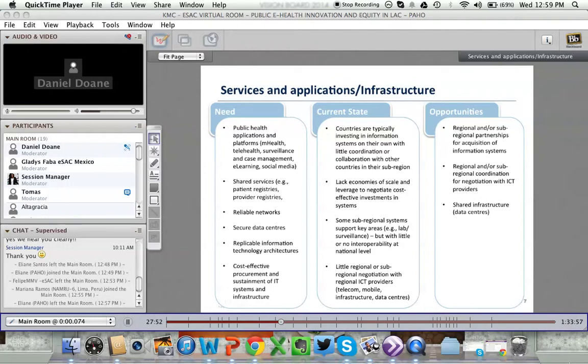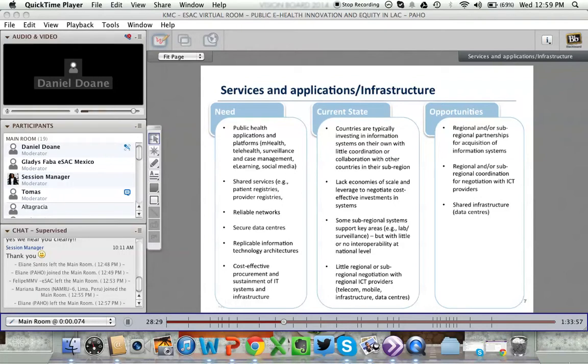There are models, I think, that can be replicated across the sub-regions. And we need to be able to cost-effectively procure and sustain these information systems and technologies, and that, of course, is a very big challenge. Many countries certainly have begun the investment process in these various different types of information systems on their own. There's some coordination among some countries, certainly within the OECS countries I know, in terms of being able to share procurement and share information systems, but I think it's rather limited,